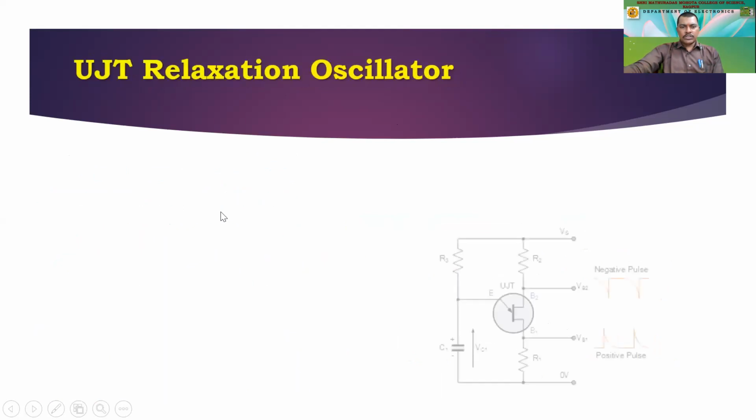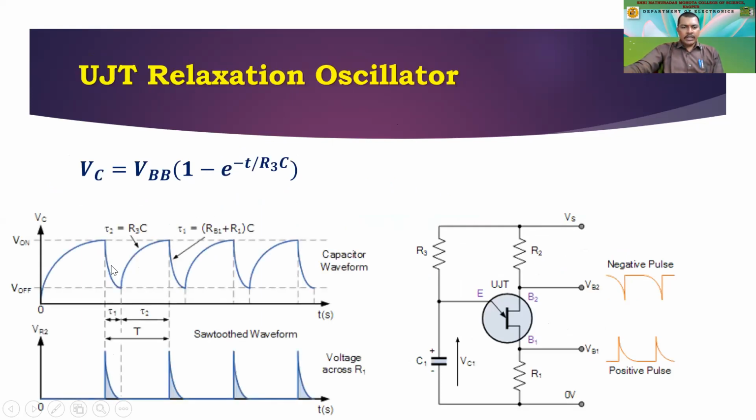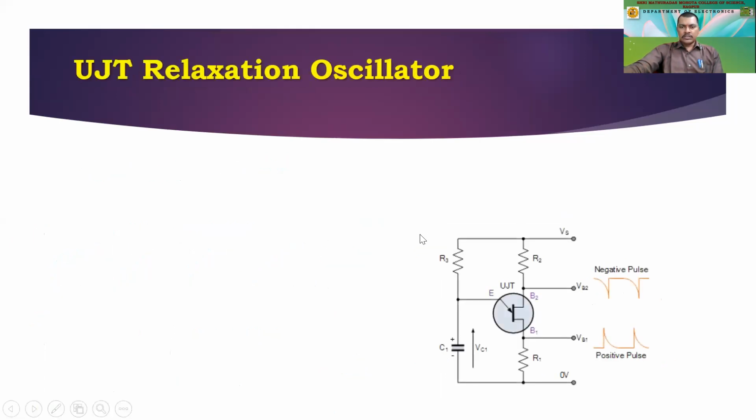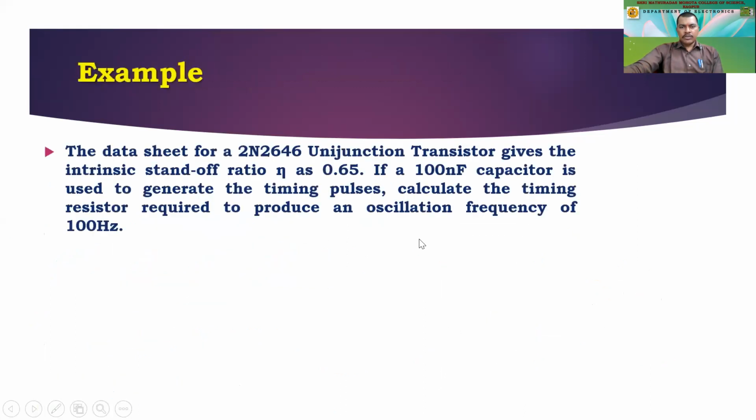This is the equation, and this is the waveform that we are expecting. This is the graph which we get, the charging and discharging of a capacitor, and this is the voltage across the capacitor with respect to time. Across R2 we will have spikes or a sawtooth type of waveform if you eliminate this portion. So VB2 will give you this type of sawtooth waveform, and we call this circuit a relaxation oscillator. This is the derivation portion of it, and we are not concerned with the example.